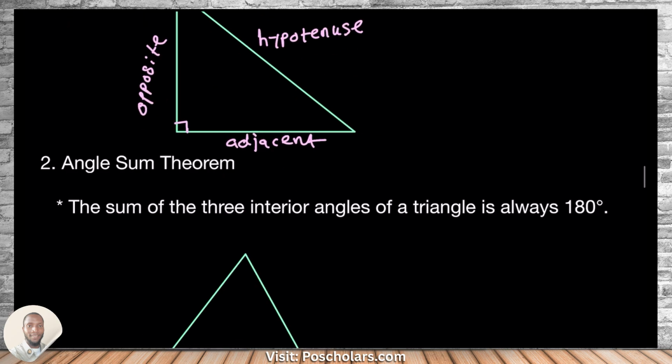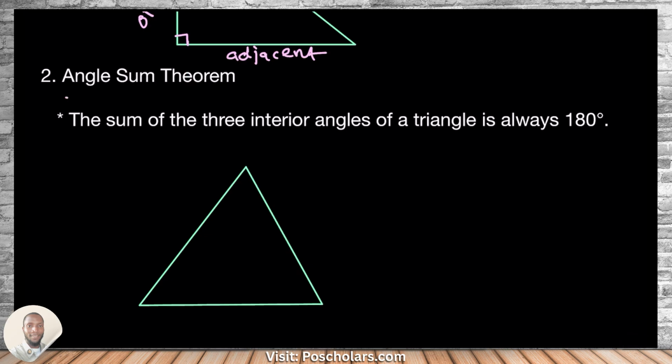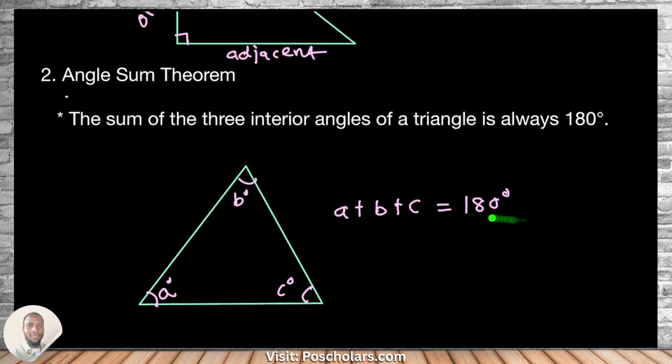Now, the next theorem is the angle sum theorem. And what does this theorem say? It says the sum of the three interior angles of a triangle is always 180 degrees. What does that mean? It simply means if this angle is angle A degrees, this angle is angle B degrees, and this angle is angle C degrees, the theorem is saying the sum of these three angles must equal 180 degrees. That means A plus B plus C must be equal to what? 180 degrees. The sum must not exceed 180 degrees, neither must it be less than 180 degrees. That's the angle sum